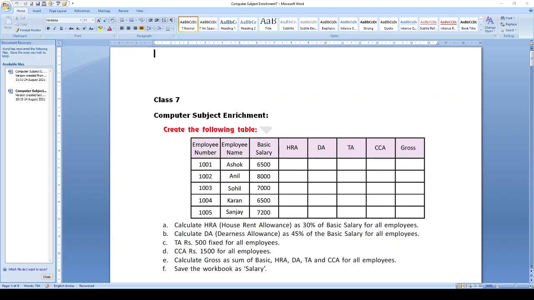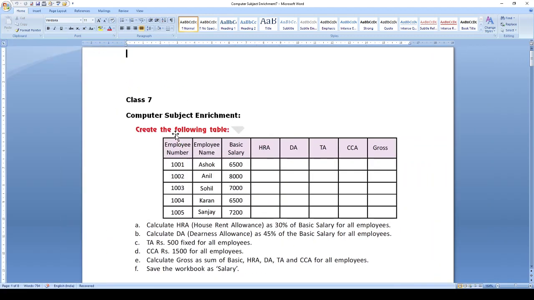See, this one is the question that is given. Create the following table. You have to create this table where the fields are employee number, employee name, basic salary, HRA, DA, TA, CCA and gross.